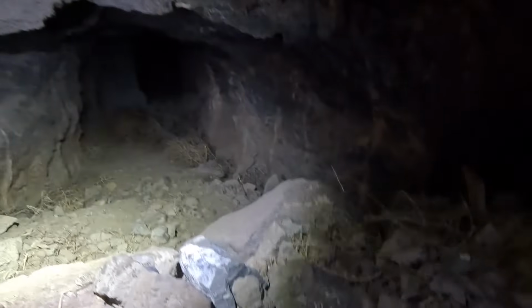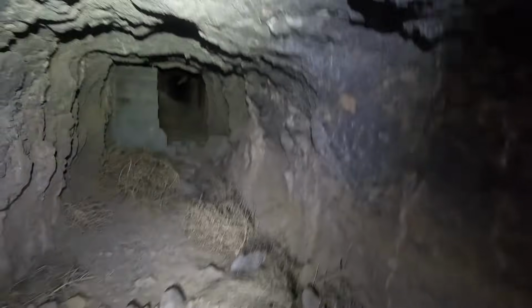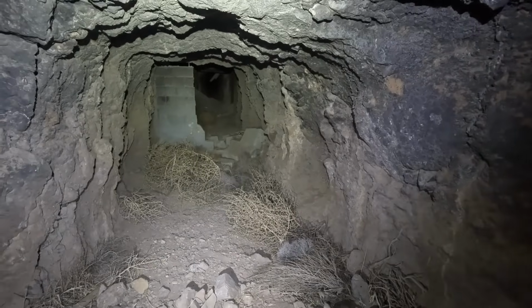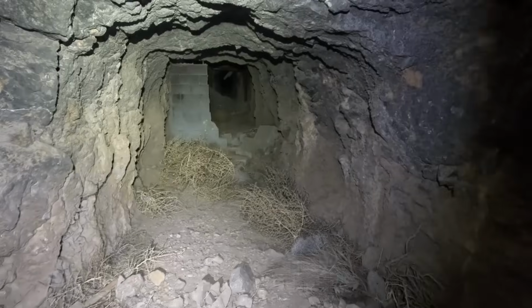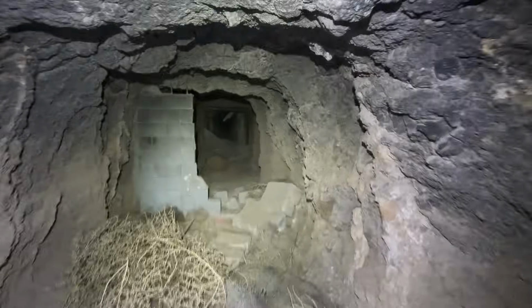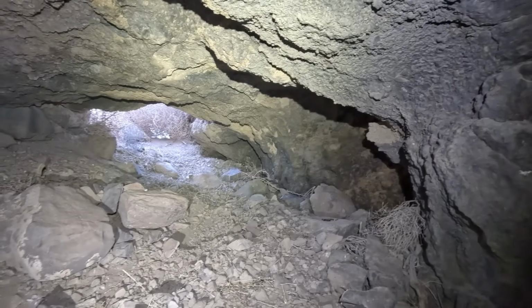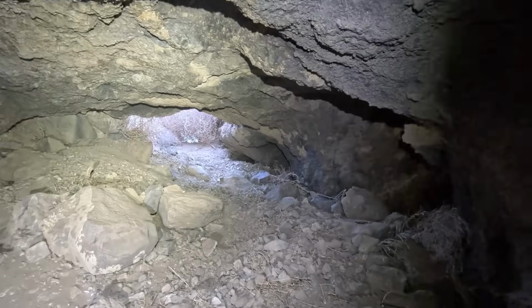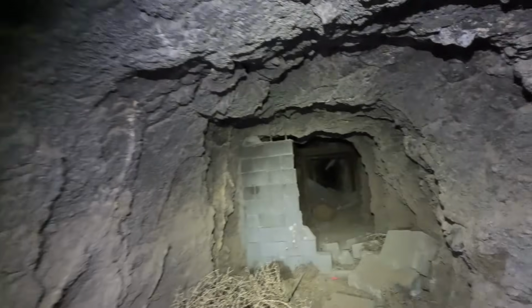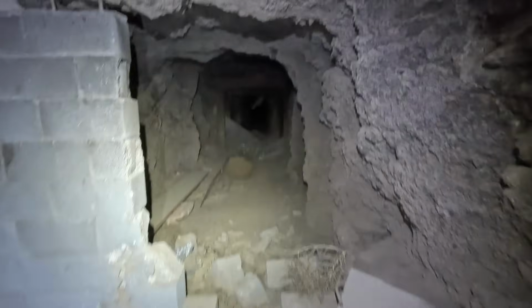Alright, I'm right inside the portal. As you can see, a few of these tumbleweeds have permeated past the barrier of the portal. There's a concrete wall right there that has been breached. And there is looking back towards the portal. So already past that concrete wall,